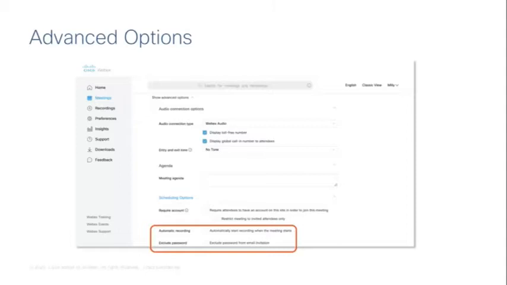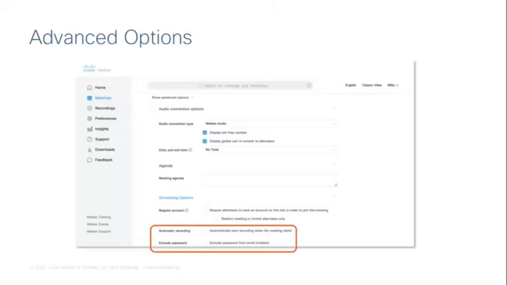So what you may want to do as an additional security step is exclude the password from the invitation. So if anyone shares the link or forwards the link on by accident, the other person receiving that will not have the password. So they will not be able to access your meetings. It does require a little bit more administration because you will have to provide the password separately, either via another email or a different form of communication, but it is a little bit more secure.